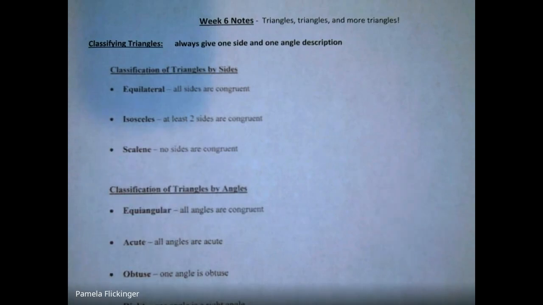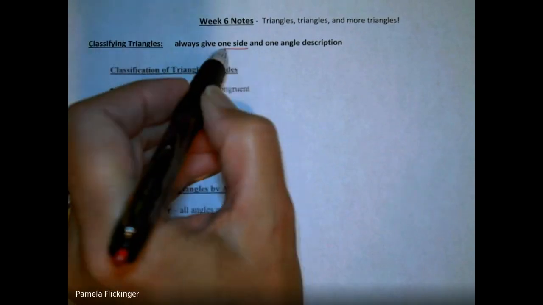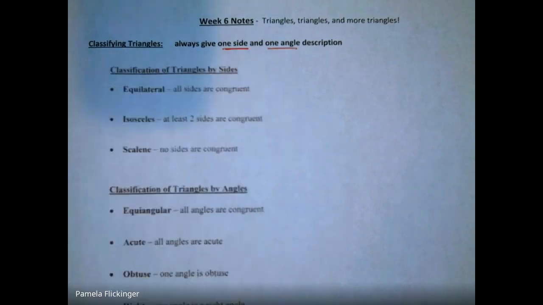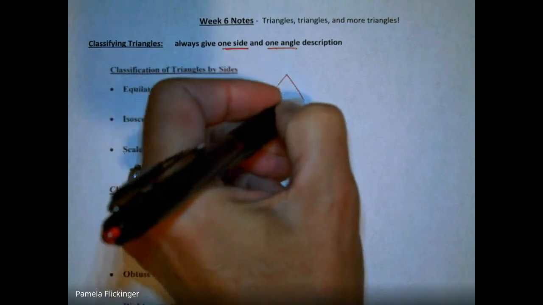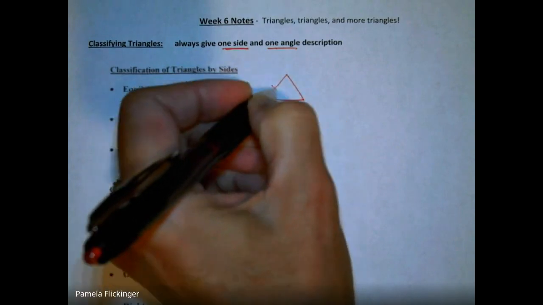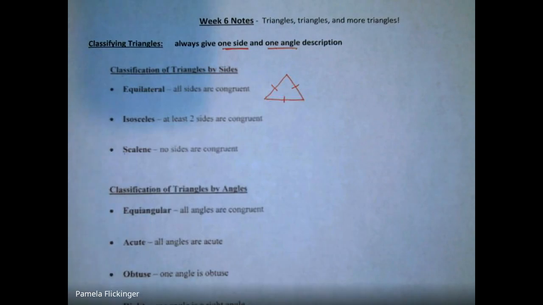So let's talk about classifying triangles. When you are asked to classify triangles, you should always give one side and one angle description, okay? To classify by the sides, there are three possible choices. We have equilateral triangles, isosceles triangles, and scalene triangles. Equilateral triangles, that's when all the sides are congruent. So it looks something like this, and you will see it labeled with the tick marks to show all three